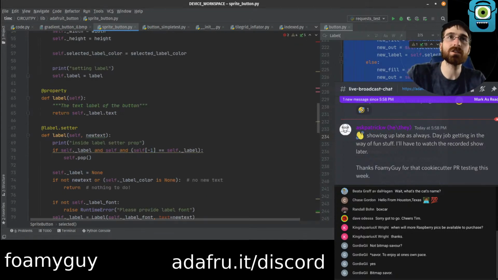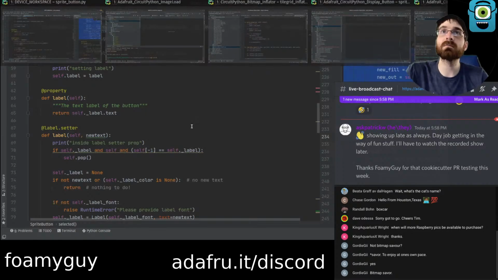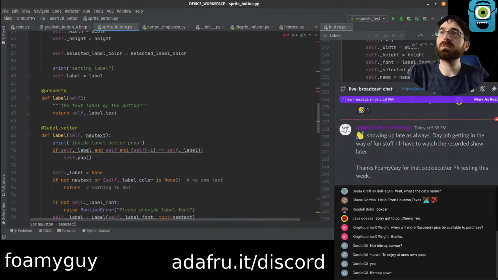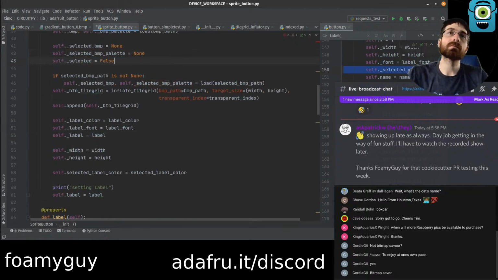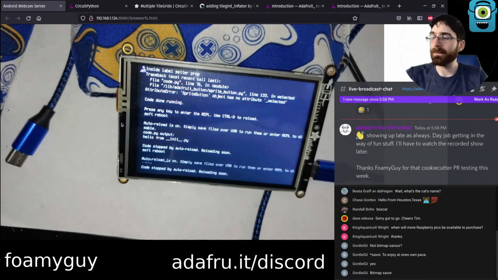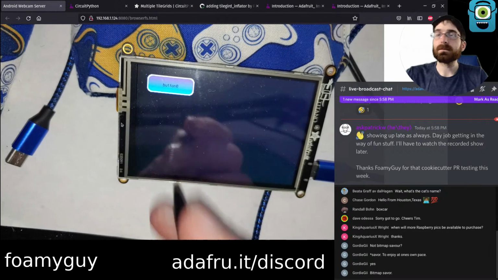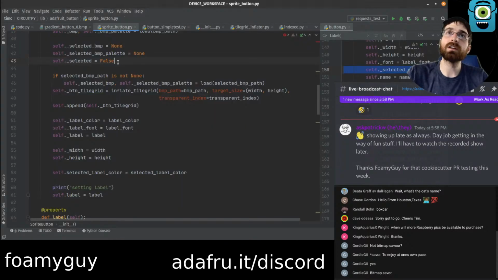Does it crash though? Curious if it crashes. Oh, it crashed before it ran. Has no selected. Probably we just need to make that true or false. Still crashes. 145?